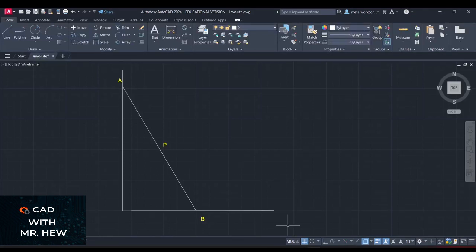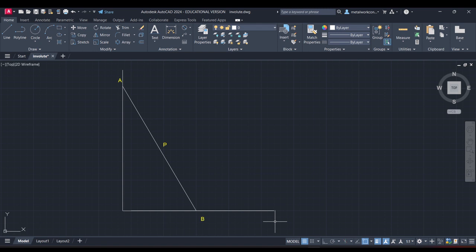In today's video, we'll be looking at loci. In the last video, we looked at ellipses, in one of the last videos, right? So in today's video, we'll be looking at loci. So on the screen,